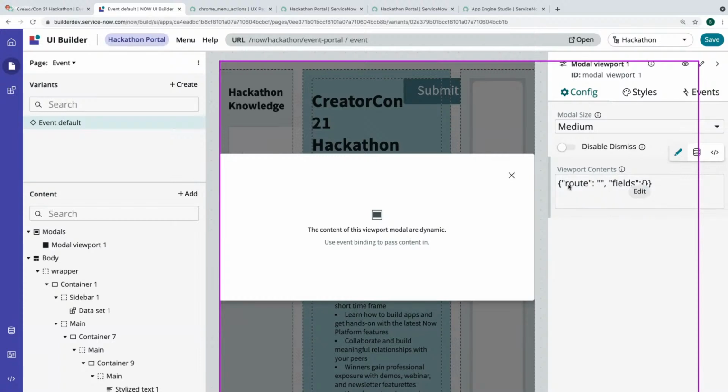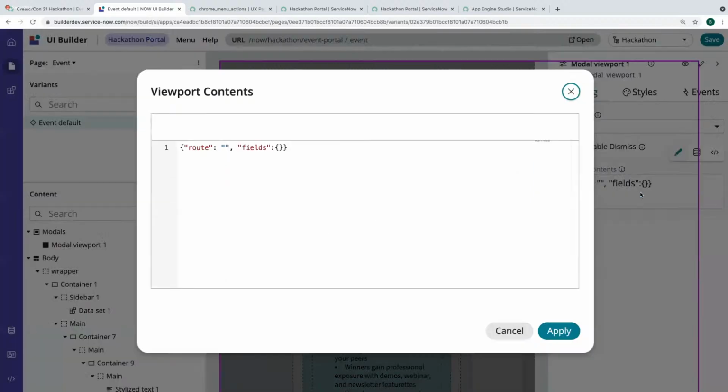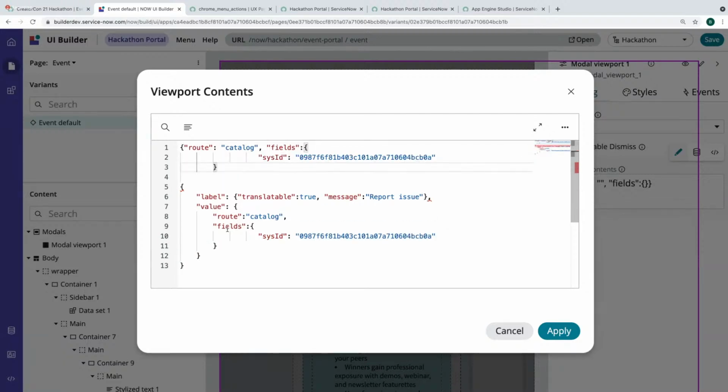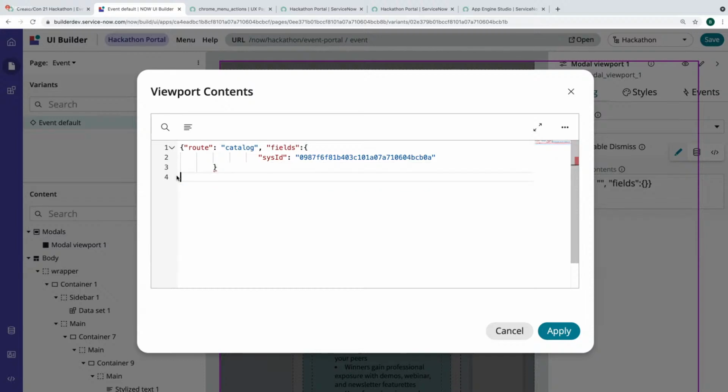These JSON fields, it looks like you can type in them, but if you mouse over, you get an edit button, and it actually gives you this thing here. So let's copy that in, and the route is going to be catalog, and fields is this sysID. And then let's get rid of this.